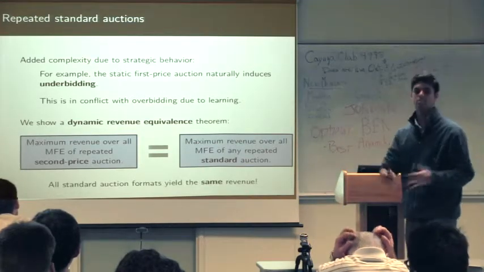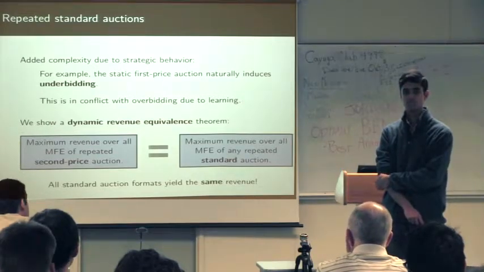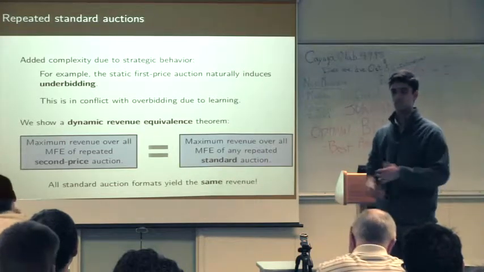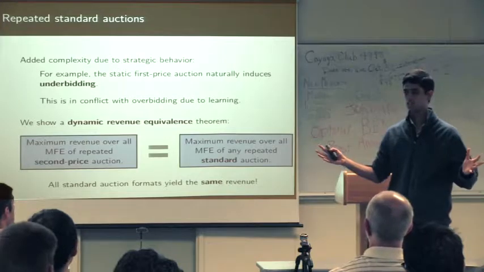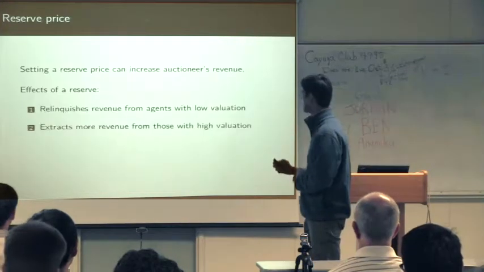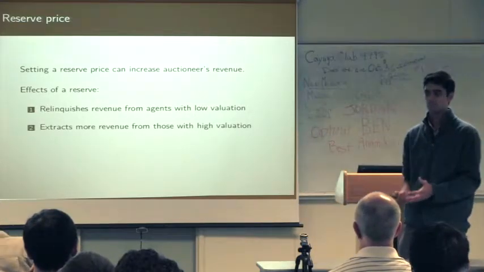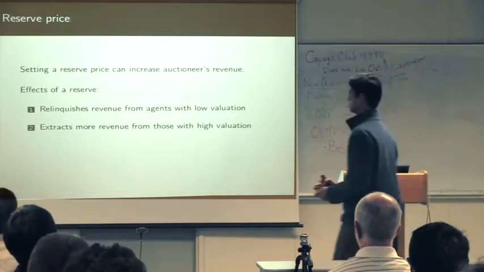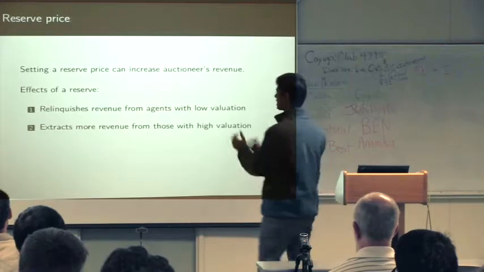So what this says is that all standard auctions yield the same revenue to the auctioneer. In particular, if the auctioneer wants to increase his revenue, he has to go beyond the class of standard auctions. One standard way to go beyond the class of standard auctions is restricting the supply of goods. So you set a reserve price, and you don't sell if the bids are below the reserve price. And in a static auction,